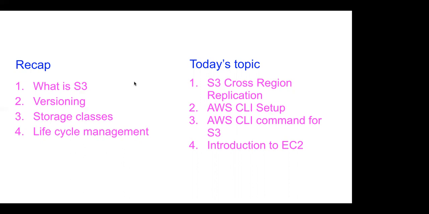Why? Because, for example, in deep glacier you are going to store content which you'll be using once in 12 years, for example, or once in 5 years, like some cricket match. Okay, so retrieving that data takes around 12 hours. So Amazon says, okay, for storage I won't cost you that much, it would cost you very little, but when it comes to retrieval, we are going to cost you a little higher. Why? Because they'll have to find that data from historical data for you.